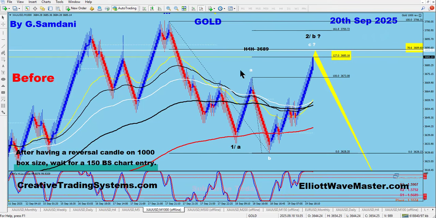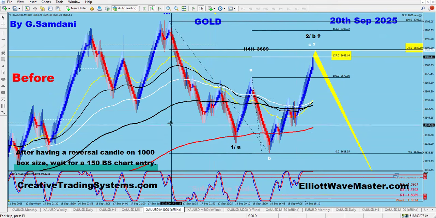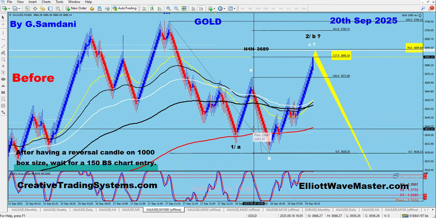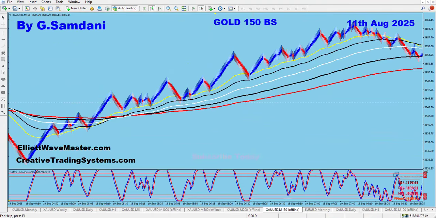The game is that if I have a reversal candle on this chart, then I go immediately on my other chart. For example, let's say this one. Let me show you another example. For example, at the top, take this top here, right? This reversal candle ended up at 9:18, 1600 hour. So let's go take a look here.